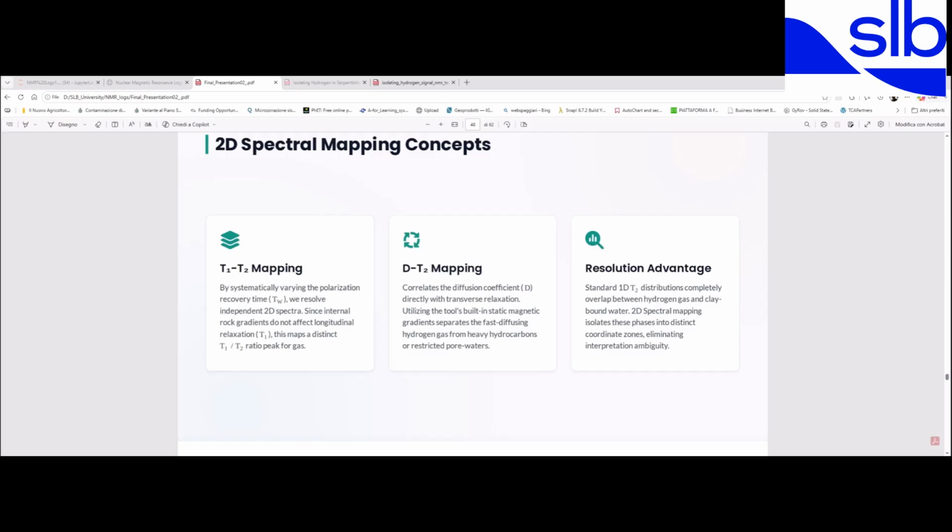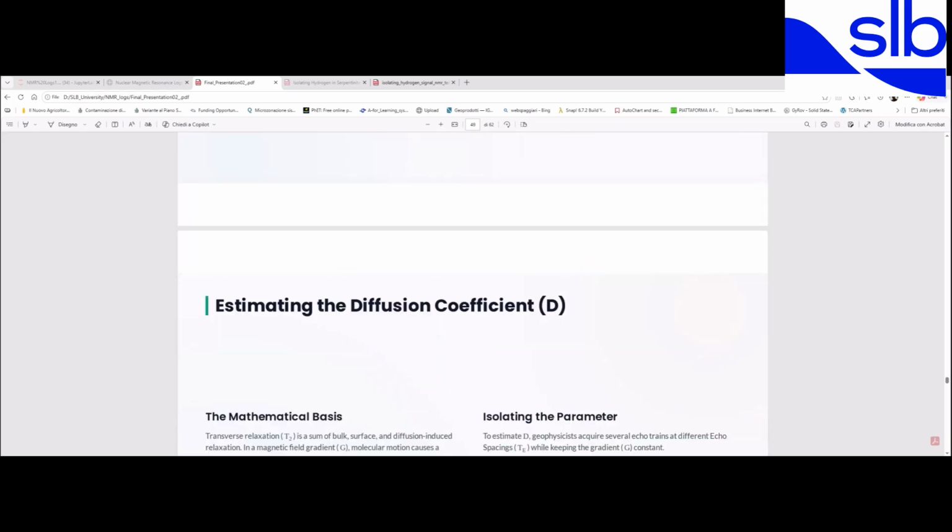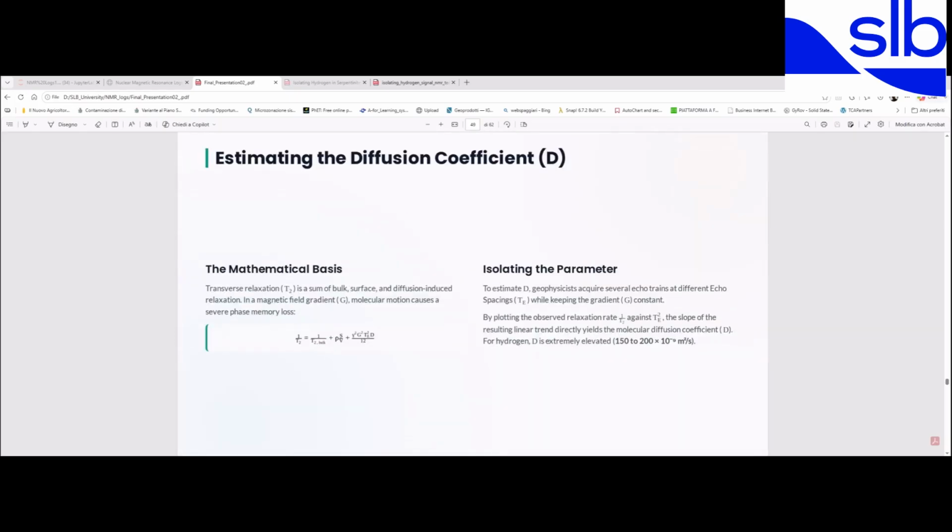Finally, you have a standard 1-2D distribution resolution completed. You have 2D spectral mapping isolating each phase into a distinct zone, for example source zone, migration zone, eliminating interpretation ambiguity. How do we estimate the coefficient of diffusion? Transverse relaxation is the sum of bulk, surface and diffusion-induced relaxation, isolating the parameters. Two established